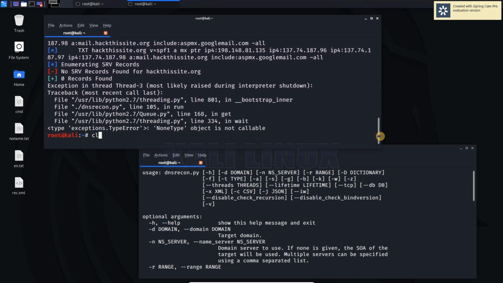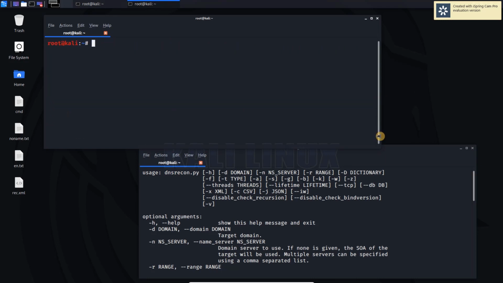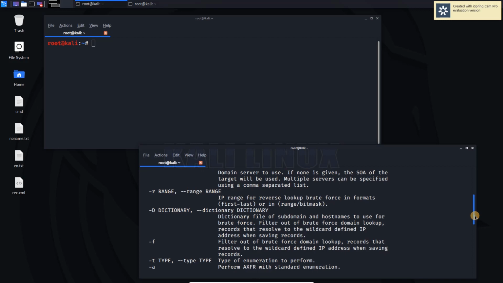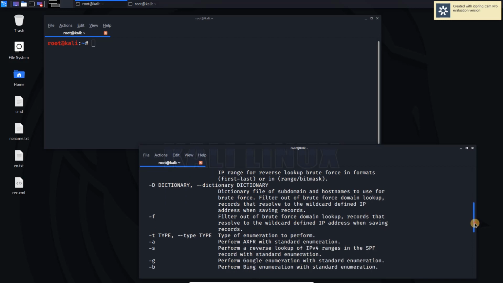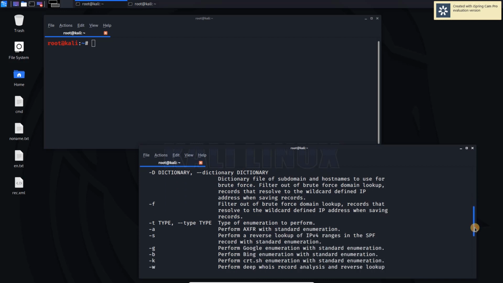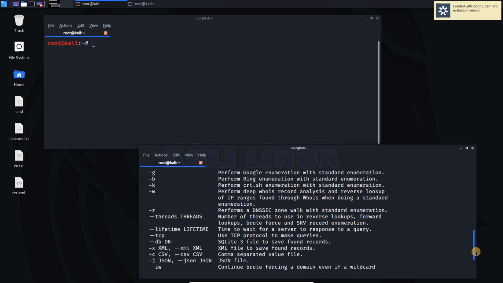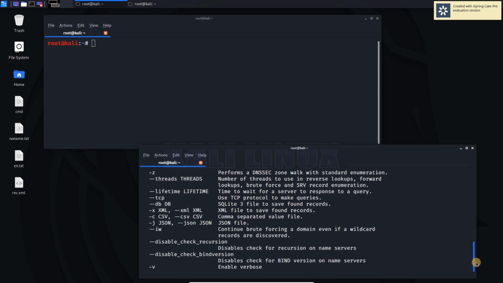If we don't want to use general reconnaissance, we can use different options ourselves. In this I will be using one simple option, and you can use any options according to your wish. You can also save the files in these formats.